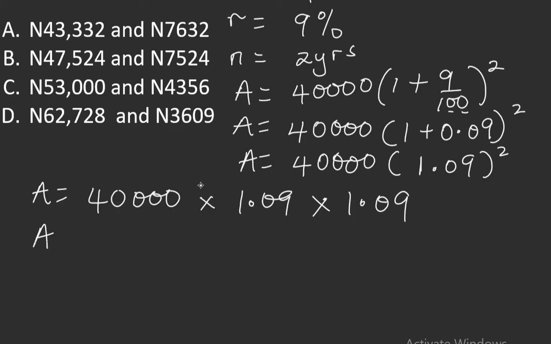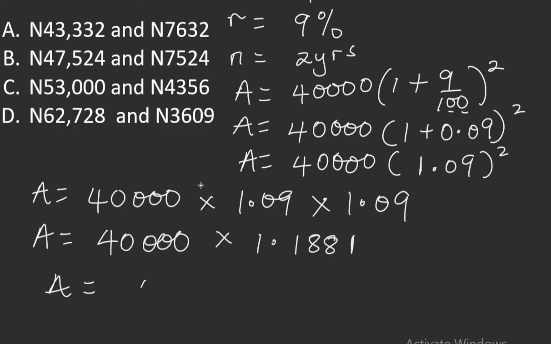Amount is equal to 40,000 times 1.1881. If you do this, you are going to get 47,524. So the amount after 2 years is